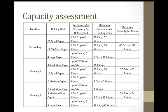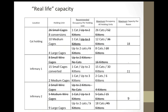So went through and calculated, and these wire cages are dog crates, opened up dog crates. So those were counted in the assessment, and we were at somewhere in the line of 80 something, I think, total with that. So we were looking at cat holding, infirmary 1, which was isolation 1, upper respiratory, and at that point there were 2 isolation wards for cats with upper respiratory, because there were a lot of them. I went through